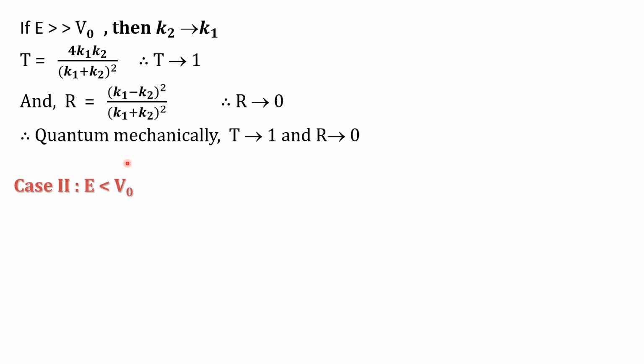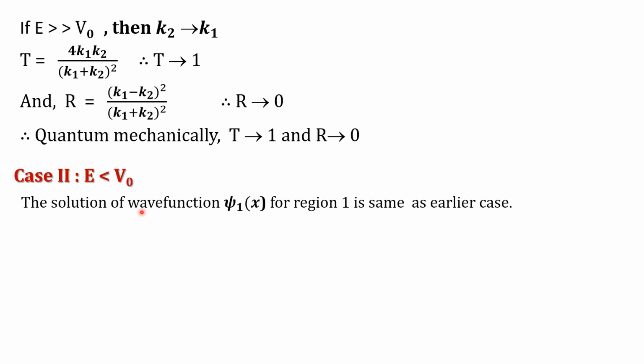Now we see the other case, E less than V0. Now what is the transmission and reflection coefficient for E less than V0? That we also find here. The solution of the wave function psi1 for the region 1 is the same as the earlier case, and the solution we found earlier: psi1(x) is equal to A exponential i k1 x plus B exponential minus i k1 x. But for region 2,